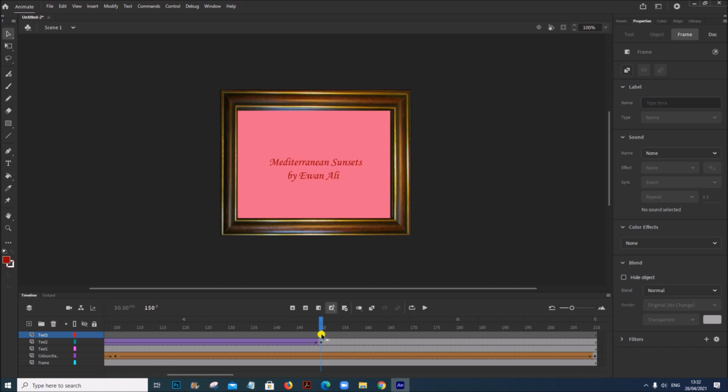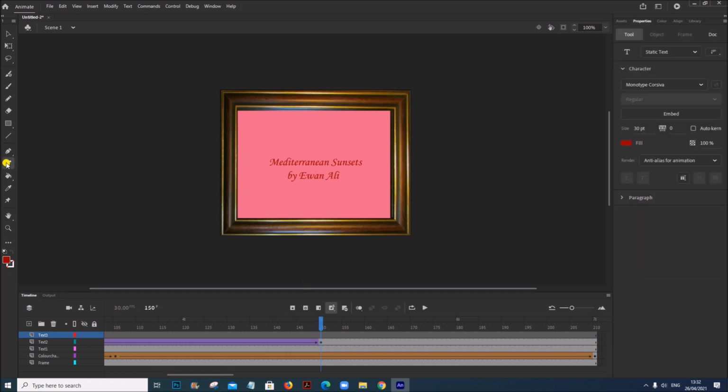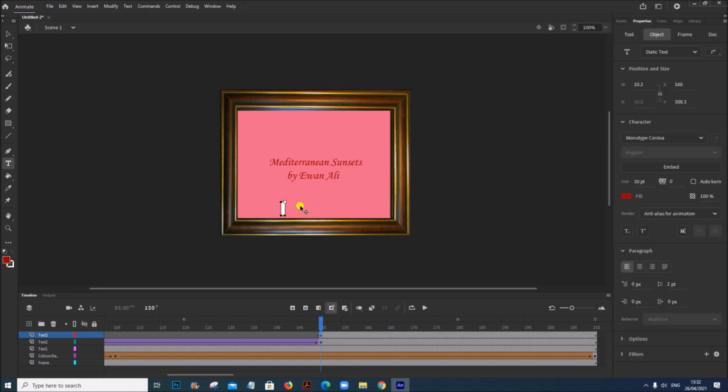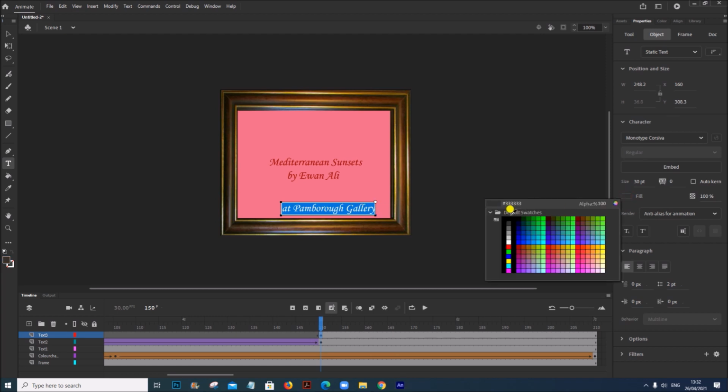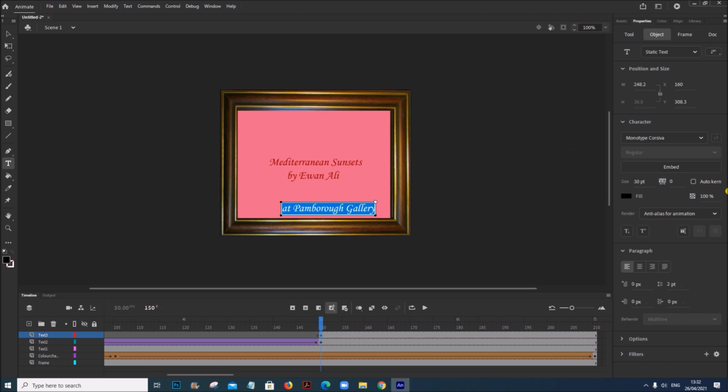So at this point, we have to insert the text. At Pambaro Gallery, but it must be black color. The size and font is same and there is no rotation.